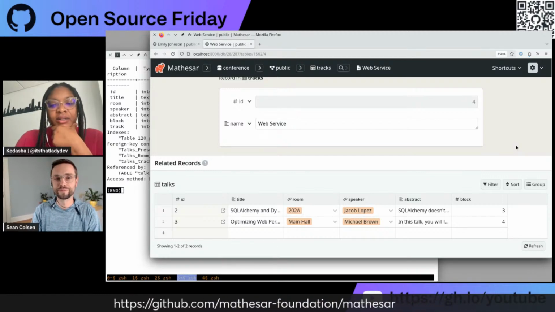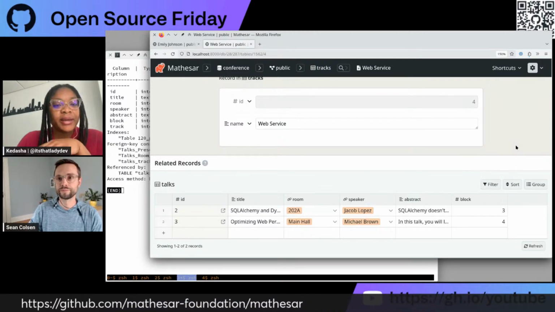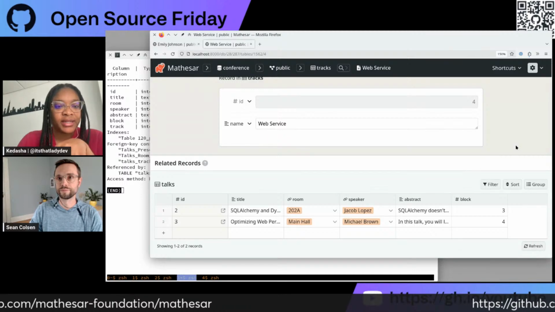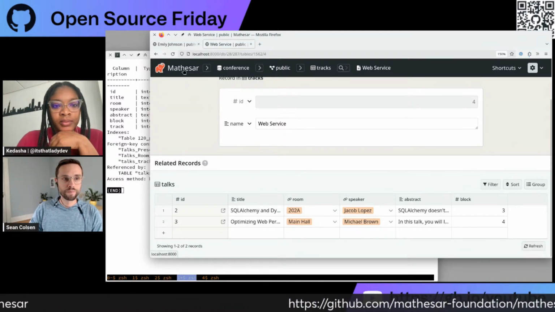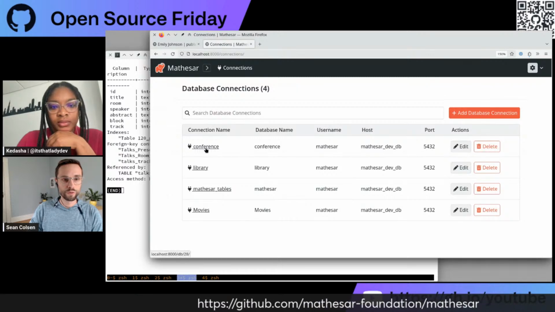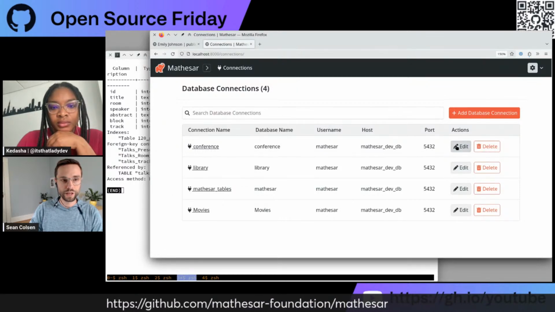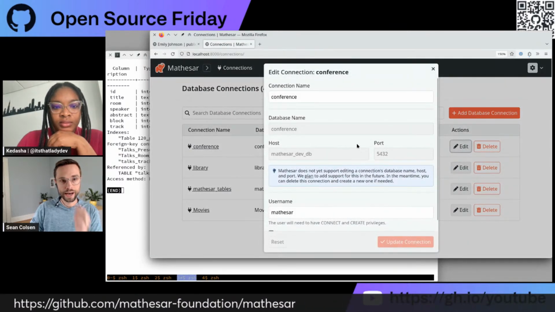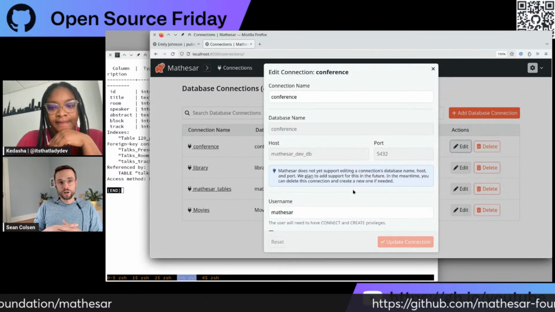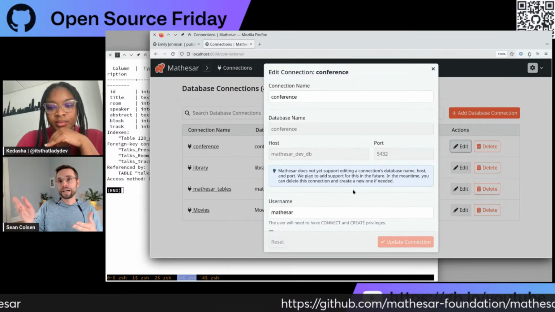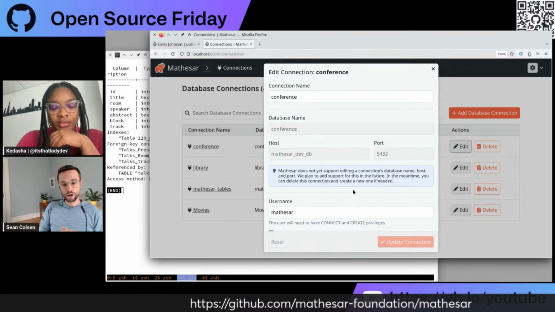Cool. So how do we integrate Mathesar with our Postgres database? How does that process work? Yeah, good question. What we did here, you remember this very beginning step where I added this connection. Mathesar is just going to connect to the database on